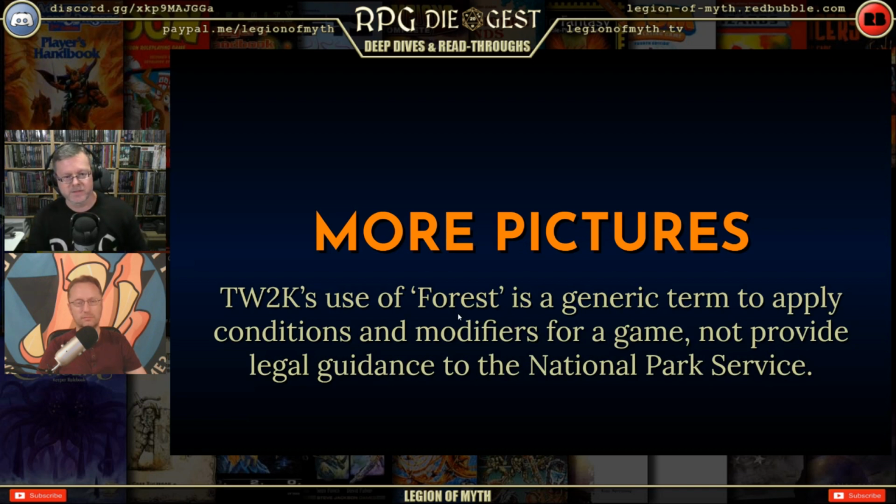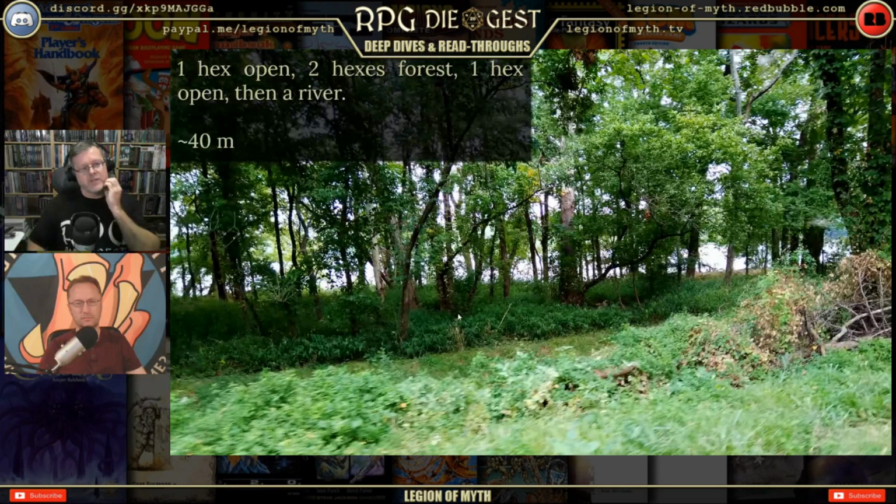Okay. And I'm going to say this out loud. Twilight 2000's use of the term forest is a generic term to apply to conditions and modifiers for a game, not to provide legal guidance to the National Park Service. So keep your dictionary definitions where they need to be in the dictionary, because I'm going to have some comments where I absolutely agree with people who are like, what? You can't see. Okay, this is 1 hex in front of me, 2 hexes of woods,